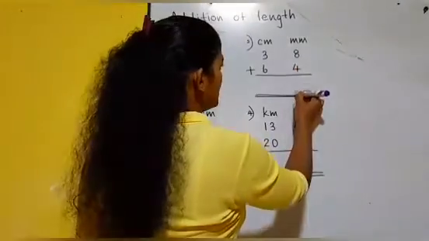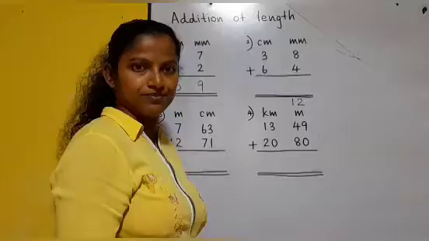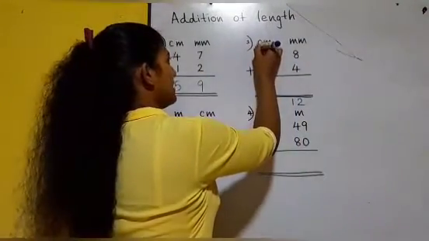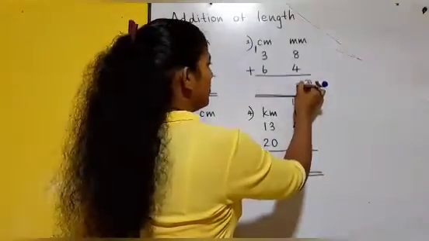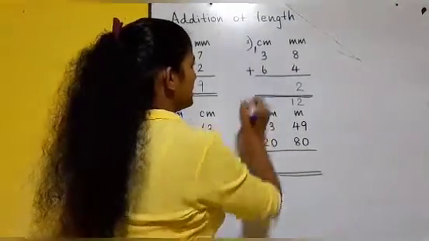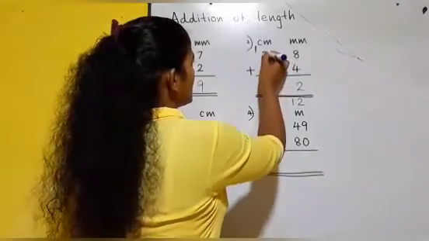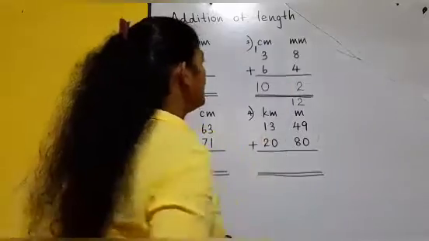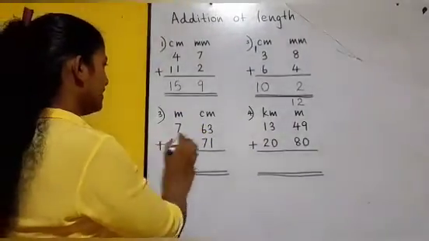8 plus 4 is 12. You can't keep 12 millimeters here. You have to take 10 millimeters to the centimeter side as 1 centimeter. Then 2 millimeters is remaining. Now perform this addition in the centimeter side. 6 plus 3, 9, 9 plus 1, 10. 10 centimeters. We'll do this one,